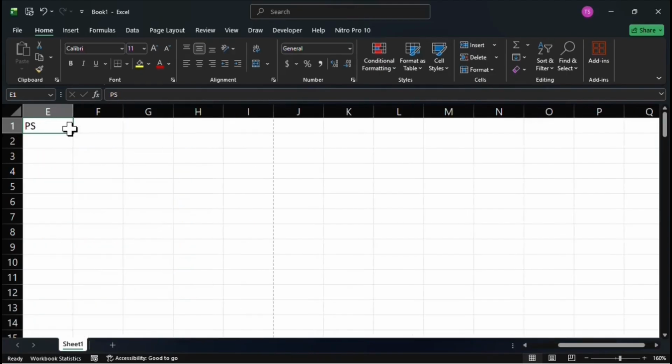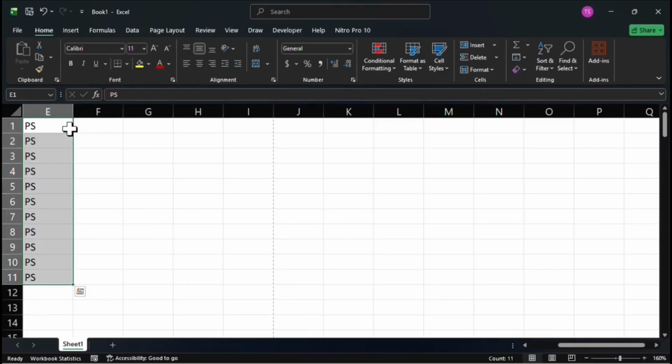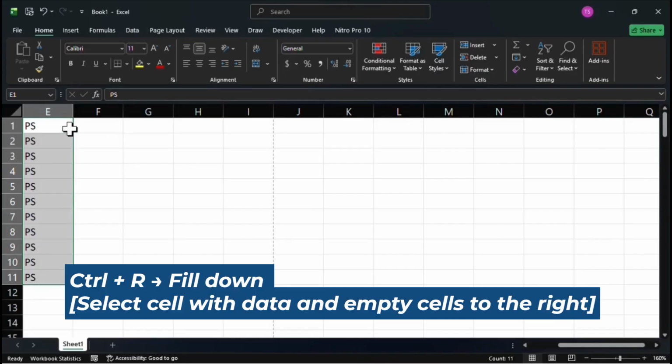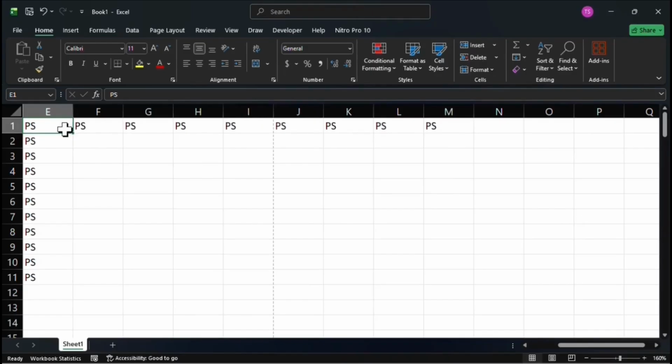Control plus D, fill down. If you selected a cell with data and blank cells below it, Control plus D copies the top value down. This is very useful when you are cleaning data and need to fill missing values. Control plus R does the same thing horizontally, fill to the right. Just make sure the data above or left is correct. Excel blindly copies it. With this one skill, you can already handle real-world Excel tasks like cleaning data, filling formulas,